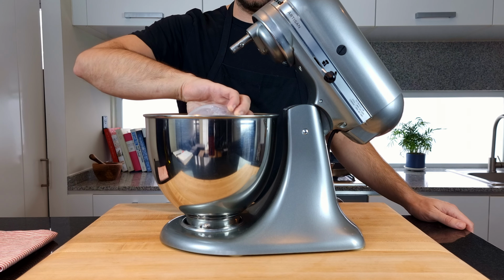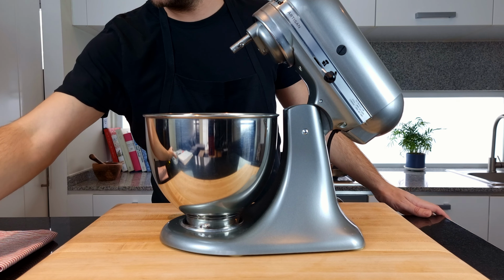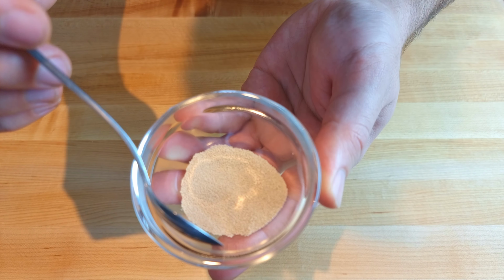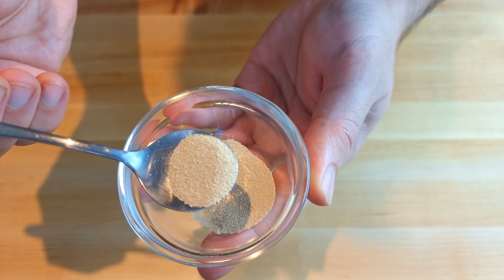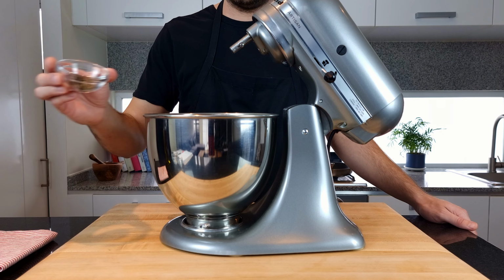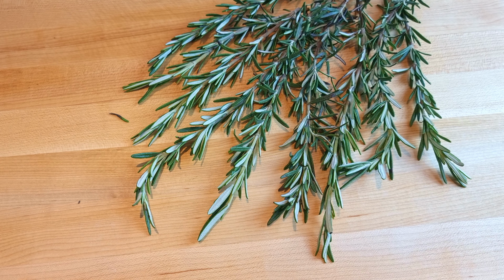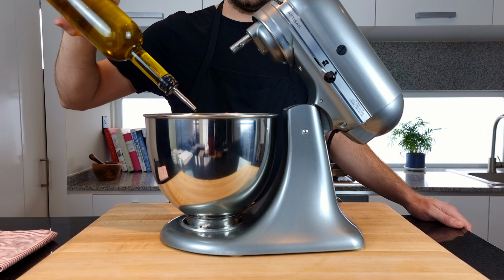100 millilitres of milk at room temperature, 60 millilitres of water also at room temperature, 1.5 teaspoons of dried yeast. I've never had a problem with dried yeast not working, but if you want to be super sure that your yeast is active, then I'll show you how to do that a little later. Half a teaspoon of sugar, 3/4 of a teaspoon of fine salt, optionally a pinch of thyme leaves, finely chopped rosemary and oregano would also be great additions, 230 grams of bread flour, and around 2 tablespoons of extra virgin